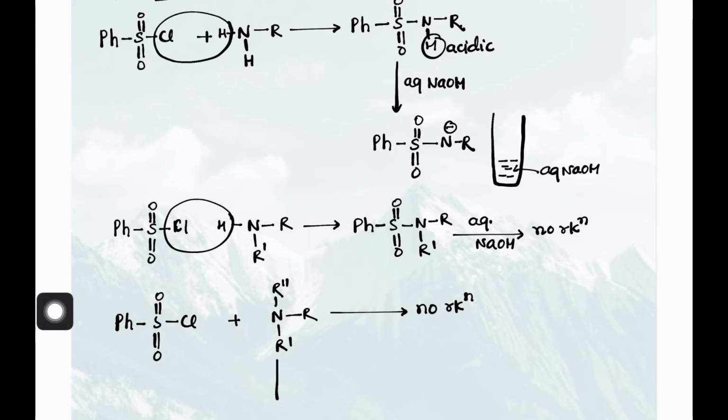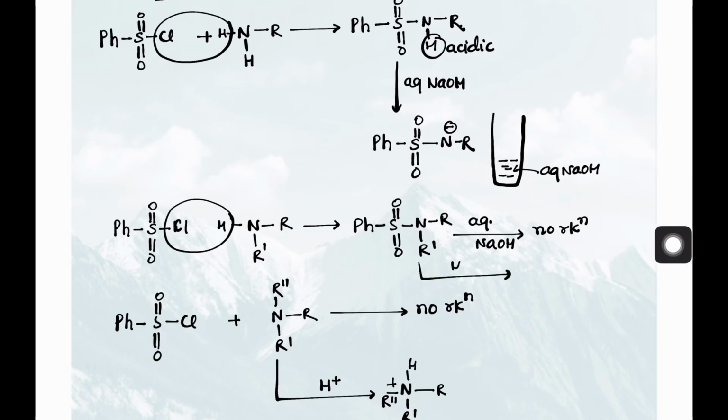If you just add excess of acid in the case of 3 degree amine, then 3 degree amine will get protonated, okay, and it will be in the form of NH plus R dash R, R double dash. Now it is forming a salt. Now it will become soluble. But in the case of 2 degree, if you add acid to that, this nitrogen lone pair is delocalized. So this is not a basic nitrogen and there will be no reaction and hence it will not be soluble even on addition of excess of acid. So in this way we can differentiate between 2 degree and 3 degree amines.